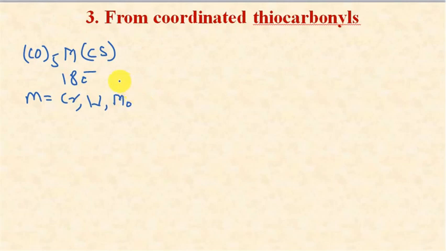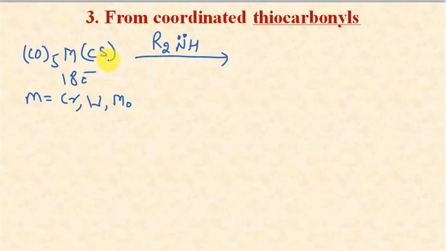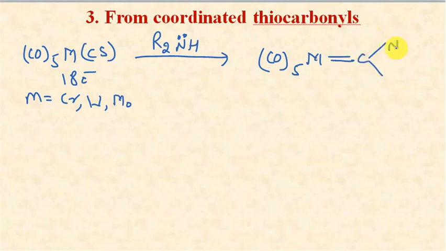The attack is similar to the earlier one which was discussed in the case of carbonyls. We will use some nucleophilic species. Here the nucleophilic species are secondary amines, in which the nitrogen atom has a lone pair of electrons and that can attack the carbon atom of the CS group. Because similar to carbonyl, this carbon of the CS group is also electrophilic in nature, and after this attack what we will finally get is M double bond C, and now we can have NR2 here and SH at this position.